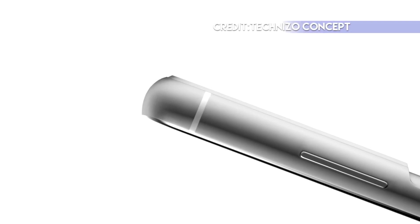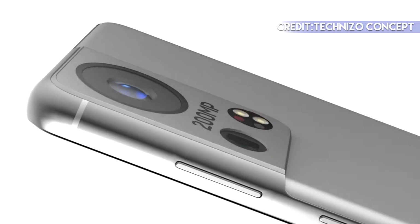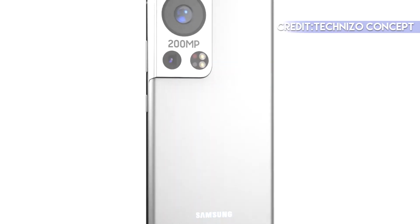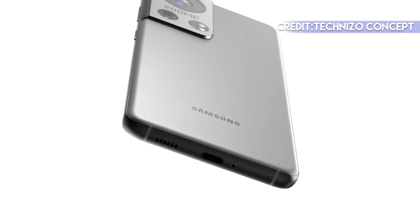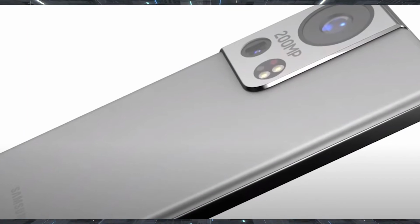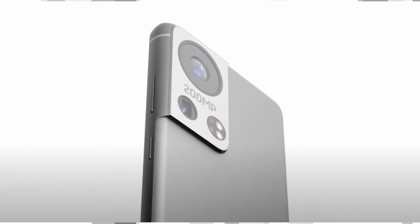I'm here back with another news of the upcoming Samsung Galaxy S22 series. A new detail about the Galaxy S22 series has leaked. According to the reports, Samsung's next flagship will be smaller than the current Galaxy S21 model, except for the Galaxy S22 Ultra. The Galaxy S22 and the S22 Plus have been tipped to feature a reinforced polycarbonate plastic back panel too. Samsung will probably launch the Galaxy S22 series in early